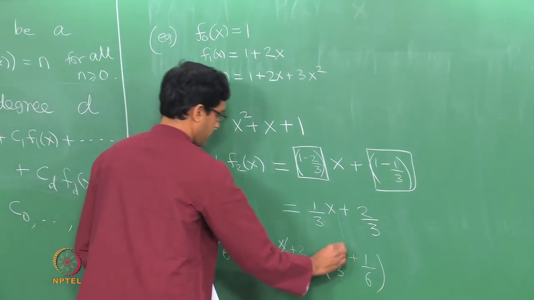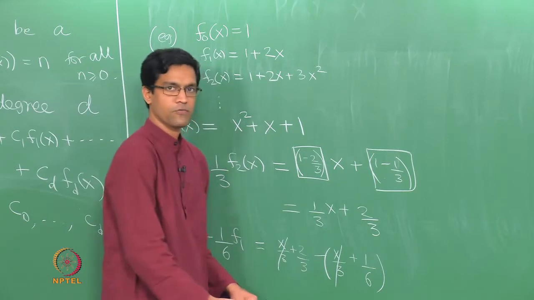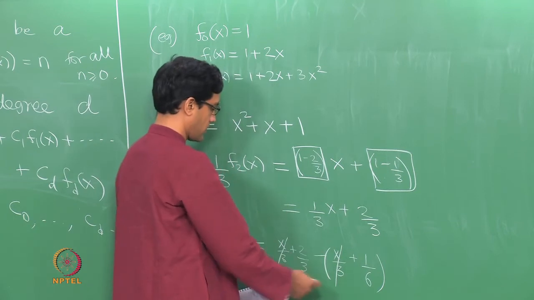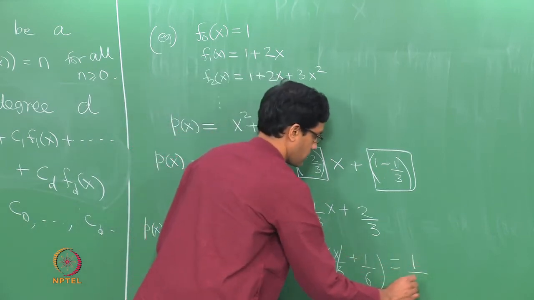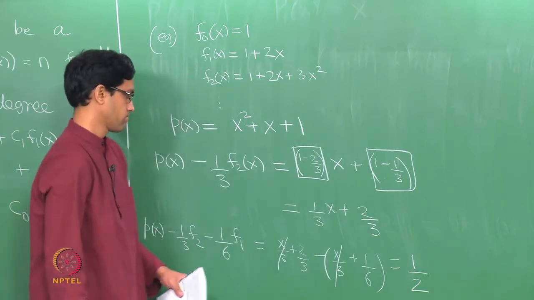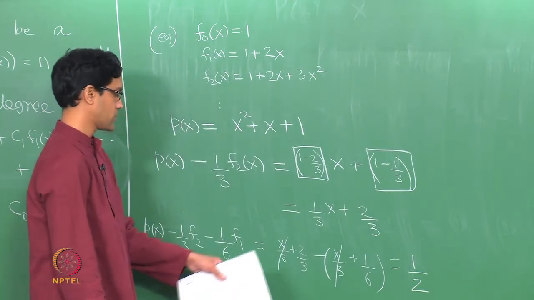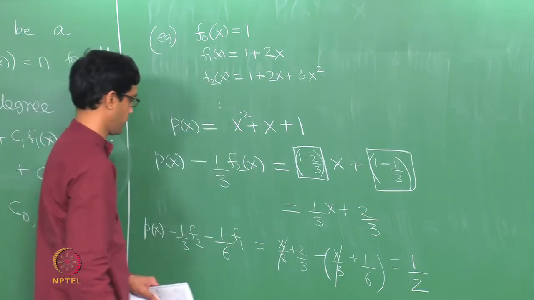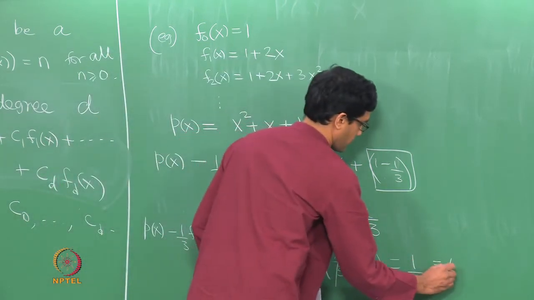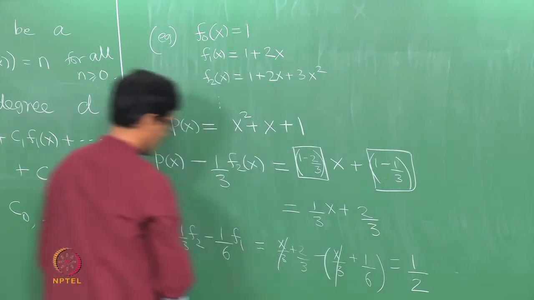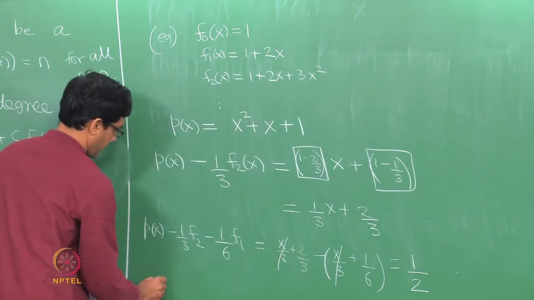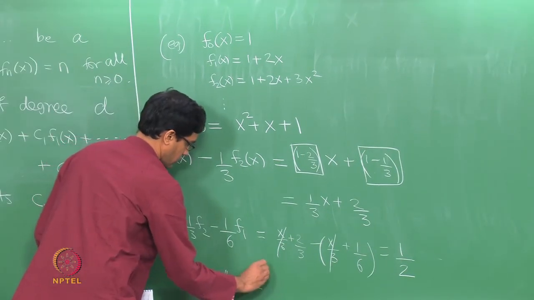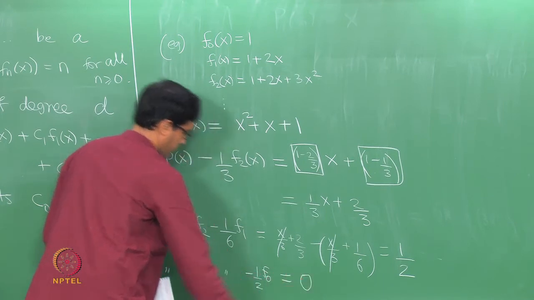okay. So of course again the idea being you can cancel off the coefficient of x. What is left is 2 by 3 minus 1 by 6. So what is that? That is I guess 4 minus 1, so that is, okay. So we are looking at p of x minus this minus that, which is just a half, and now it is only a constant, so it is just half of f0, okay. So this is in fact just half f0, or to keep doing this once more, you will take p of x f2 f1 minus half f0, and doing that will make a 0 on the right hand side, okay.